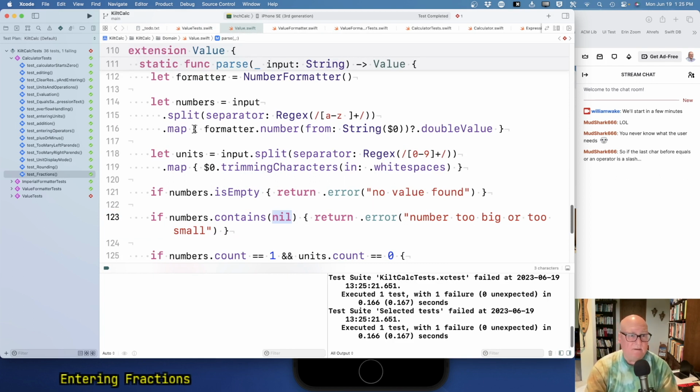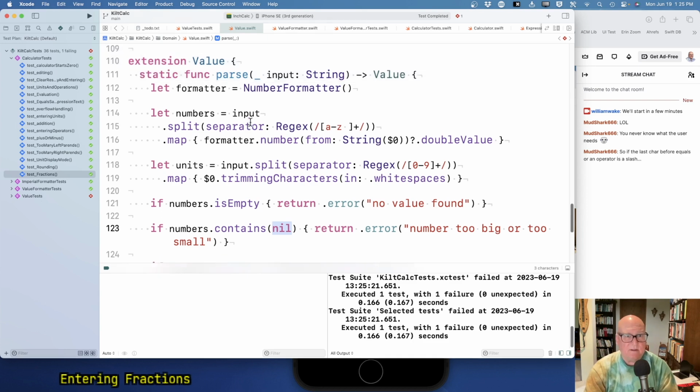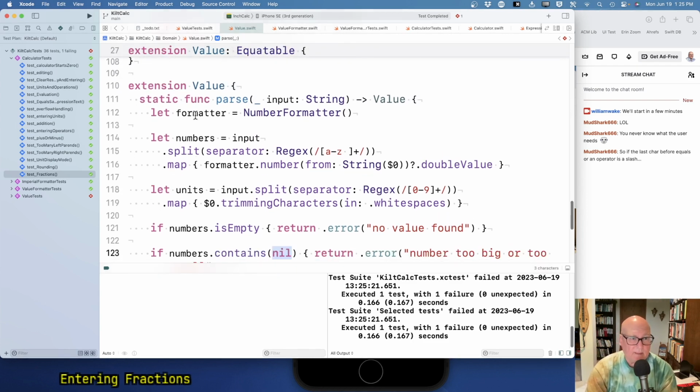All right. Now, I think what we have here, this formatter number from, is the sort of simple number parsing. Yeah. So I'm gonna extract out this. This is parse one number,